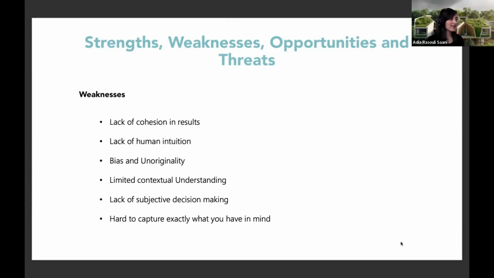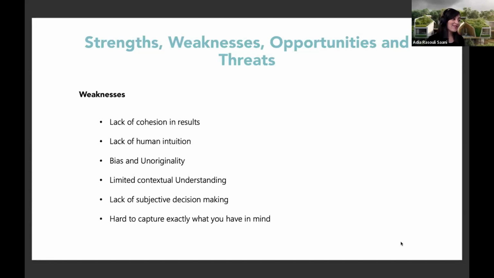The next weakness is lack of human intuition. Human intuition refers to the ability of humans to understand and make decisions based on their deep understanding, experience, and unconscious knowledge. It involves a mix of creativity, pattern recognition, common sense, and the ability to consider factors that might not be explicitly stated. Human intuition draws from a wide range of disciplines and experiences. AI, however, tends to operate within predefined parameters, creating a challenge to make creative connections between seemingly unrelated fields.